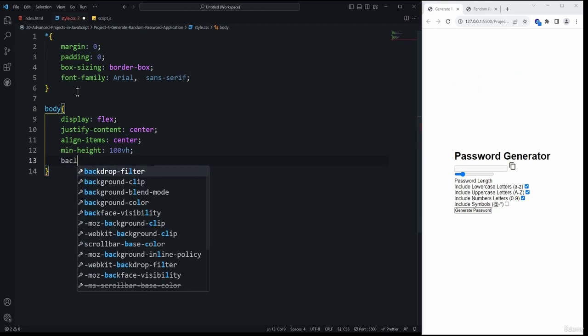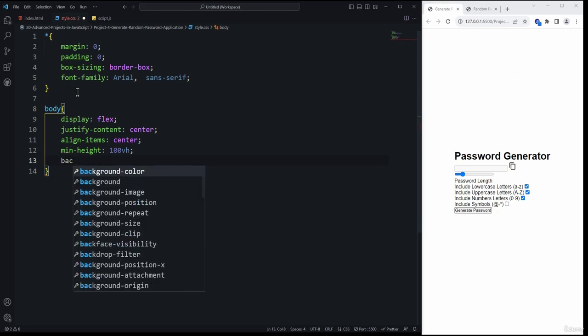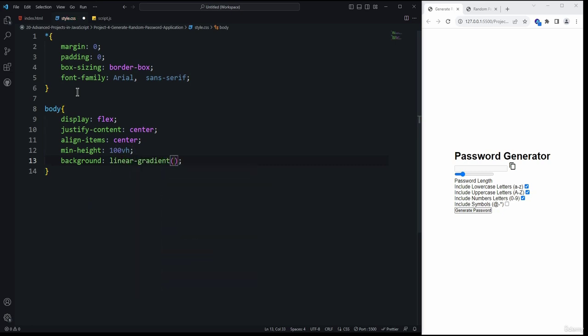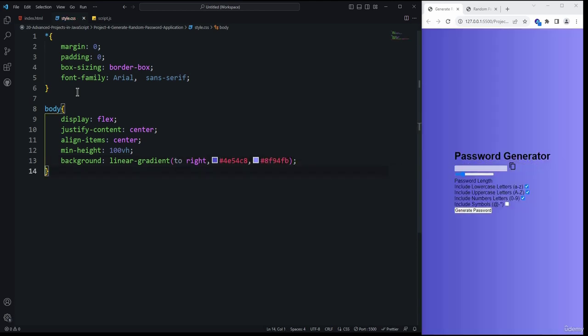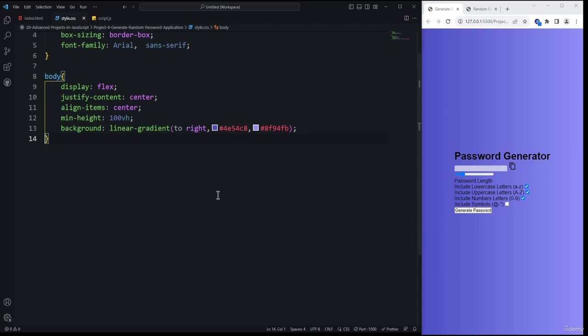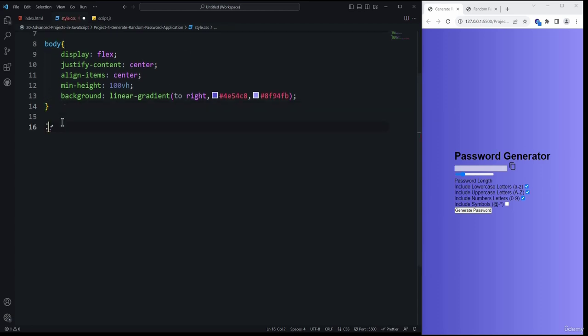So background, here we need to use the linear gradient function. To right, so here we want to use the hash symbol 4EF54C8, and then you need to specify the comma, and then again we need to provide the hash symbol 8F94FP. Alright, so this is the color that we are going to use for the background. Then we need to provide the code for the container,